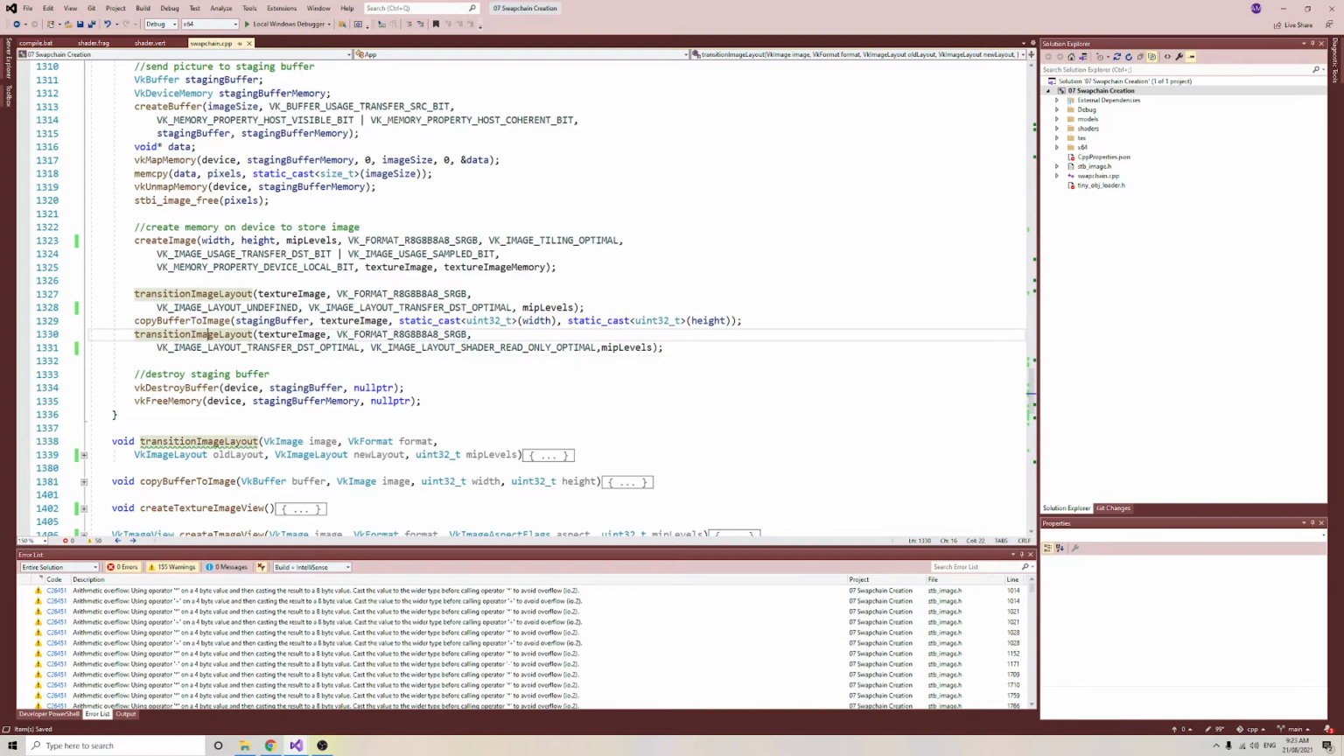However, what we want to do is generate MipMaps. OpenGL has a function to do this automatically. We do not have that luxury. So we will create our own function to generate MipMaps. I'll explain it as I do it, but right now our image is set up as a